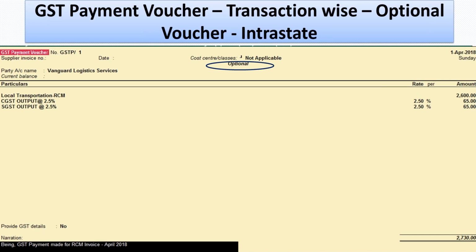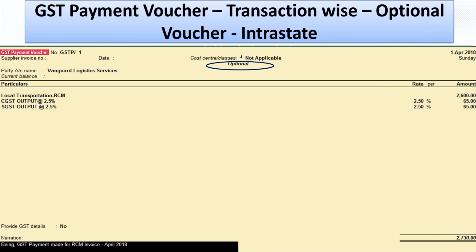We should consider here that it is not the regular accounting payment voucher, but a separate GST payment voucher. This is relevant only with respect to RCM suppliers. So in this case, it is again ideal to create an optional voucher and report this in our GSTR1 table 13,